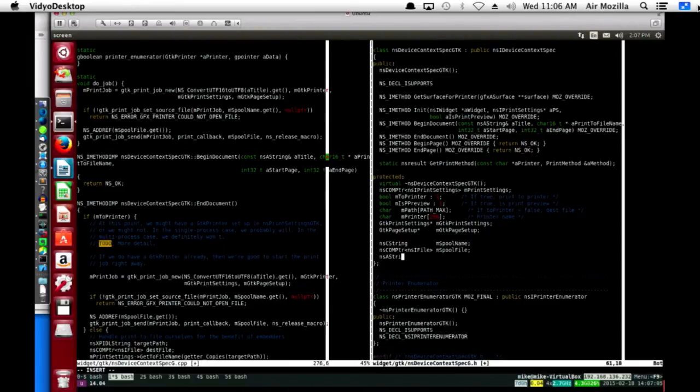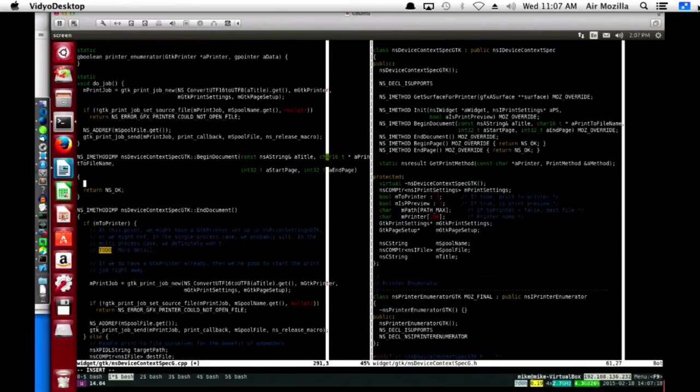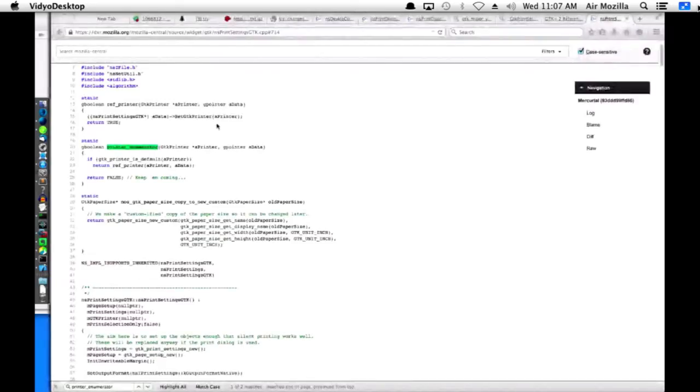I'll store it as a C string, and a C string and title, and then we need to copy the string that comes in. And a C string. Strings kill me.